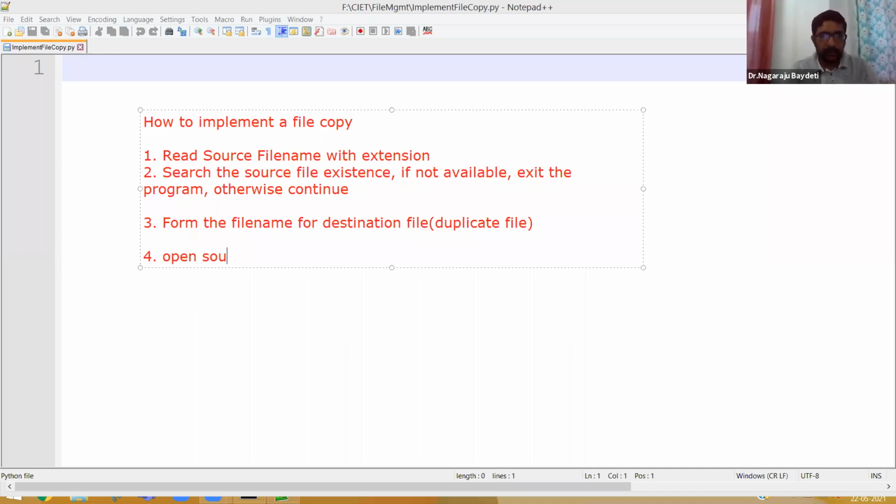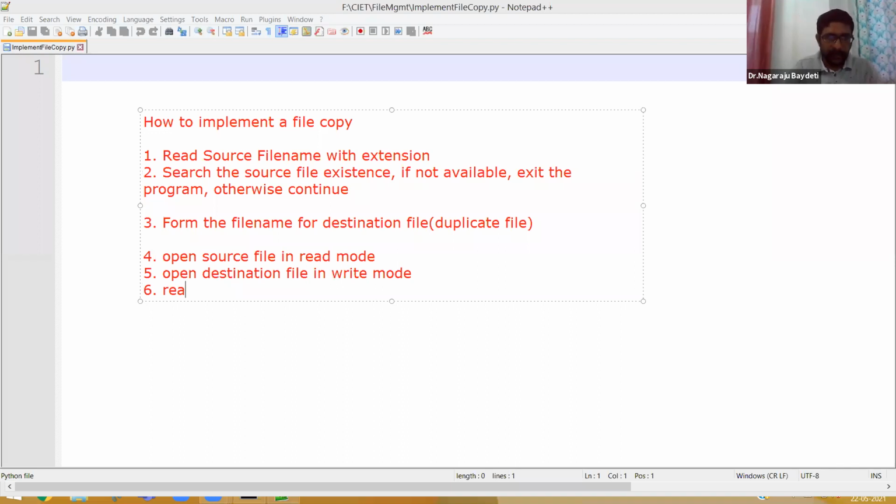Open the source file in read mode. Correct? Simple. Then open the destination file in write mode. Then read the contents from the source file.